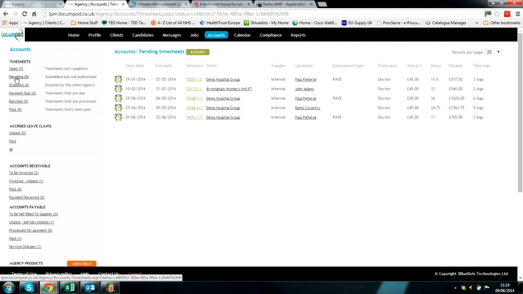My advice to everybody using not only the system, but it's basically common sense. Like you would fill in a manual timesheet, your candidate would go to an authorized individual to sign the manual timesheet. I strongly advise you to communicate this to your candidates, that when they submit a timesheet, or when you submit a timesheet, you identify the person at your client's premises who is authorized to submit or approve these online timesheets, for them to go online and approve the timesheets, because otherwise this pending folder will just become